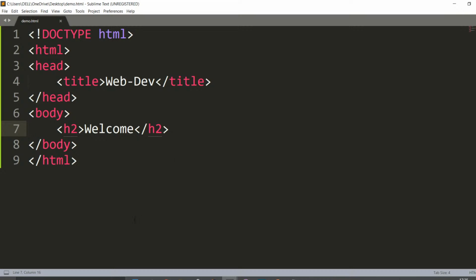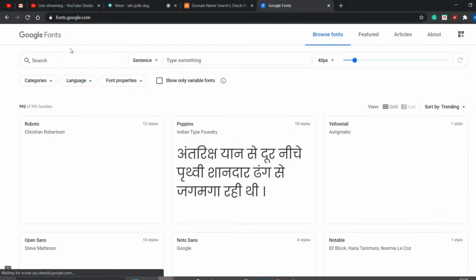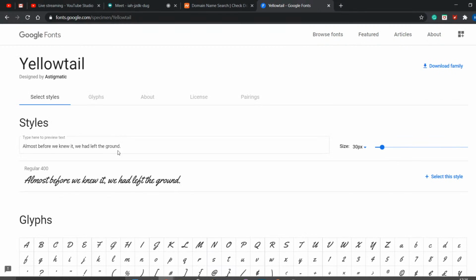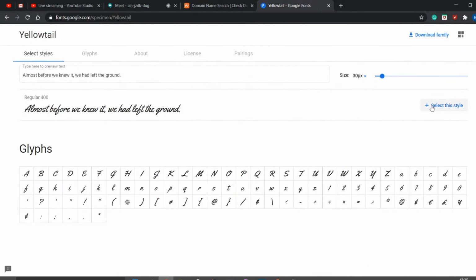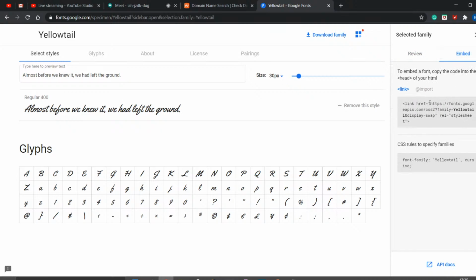And we'll see how to have different fonts also. So we'll go to Google. See, God made Google for a reason, so go and search for fonts. Google has lots of fonts available on the site. If I want to use this, click here and you can see add the style here. This is a way you can make a style on your own. You have to embed it, and instead of using a link in HTML, you can also use CSS, which will be seen soon.